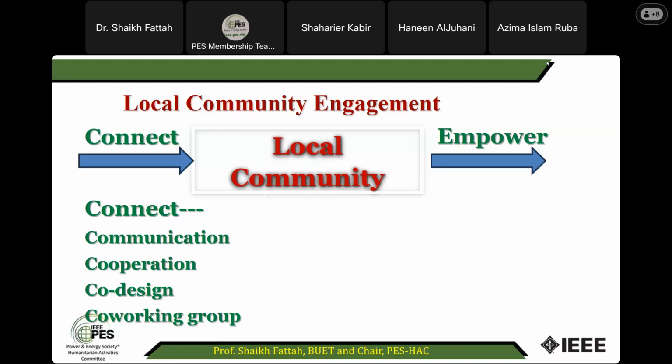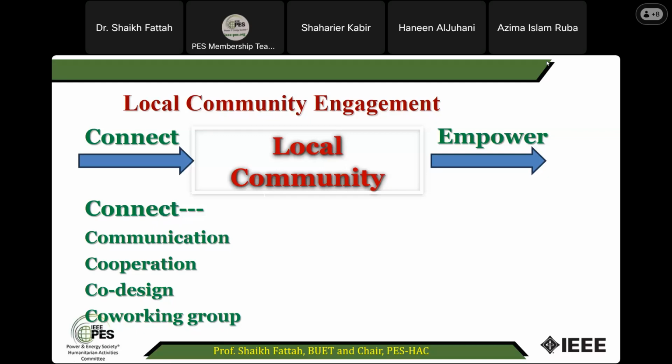The picture which I have shown you, the student group, they went to the villages. Actually, they are from those villages, so they have a connection. They know that if I do this, the villagers will be happy. So that was very successful, very quickly. Everybody was very happy. They got the small solar panel kit, and the light was glowing, and it was very successful. So that's why you have to first connect.